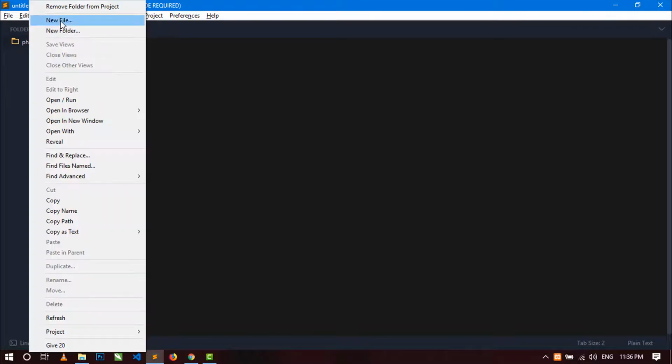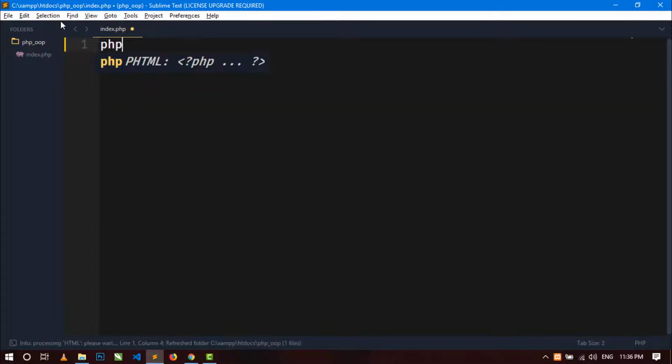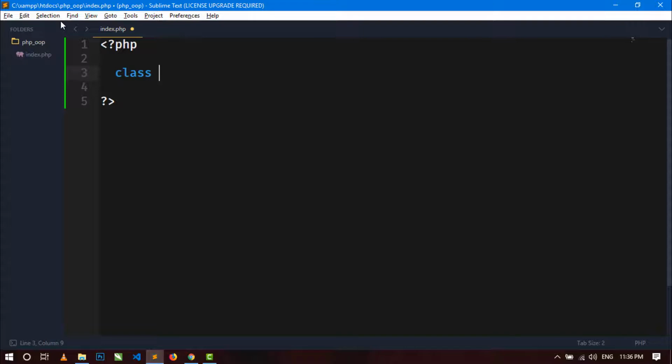Now let's create a new file, index.php, and open the PHP tags. Then for creating a new class in PHP, you have to use class keyword. Okay, and then the name of the class. So here I am keeping the class name hello. Okay, and then open the curly braces for the class body, and now in this class we can define member